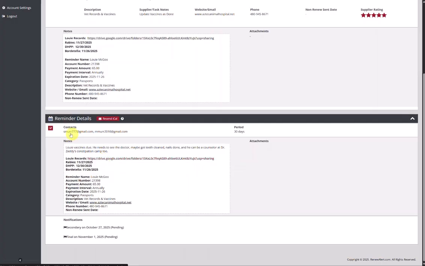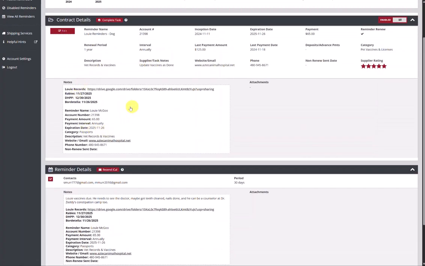One other thing too is in this is again the email reminder here that goes out. This is the details on the reminder itself. So you can attach documents here, but they won't populate here in the email to be sent out. This way you can populate in the drive if you'd like to, the link, and then you do have that data at your fingertips in your email reminders that are coming in.